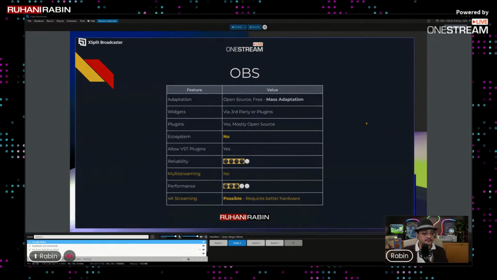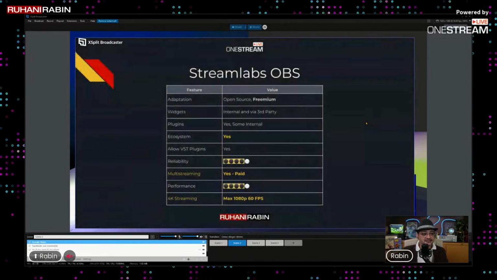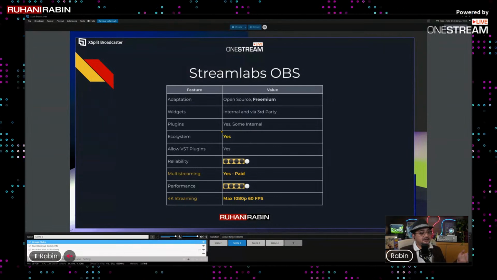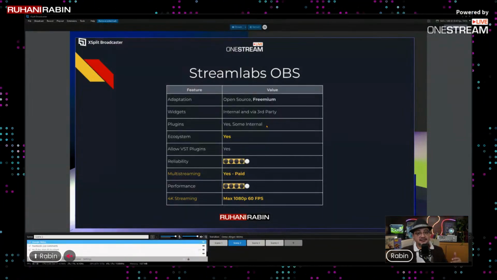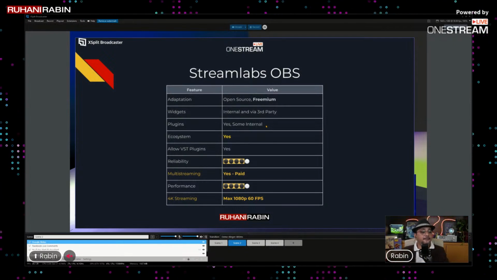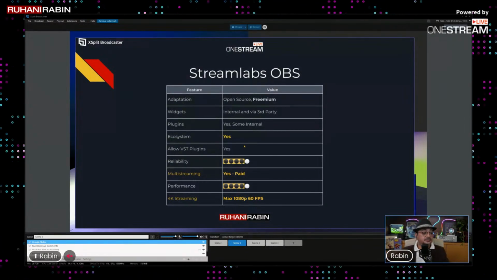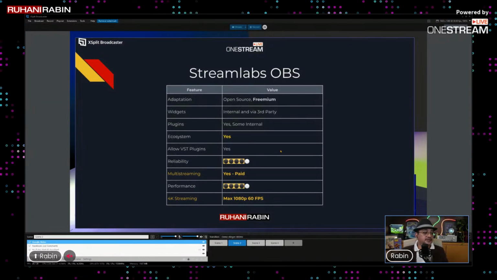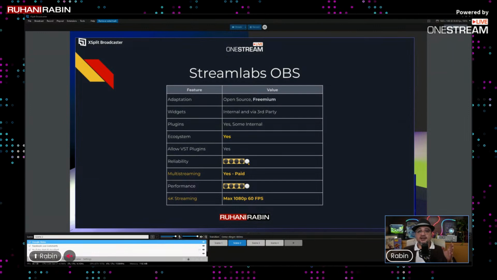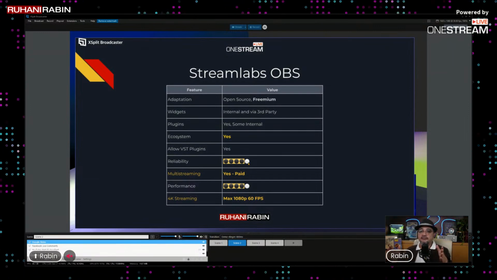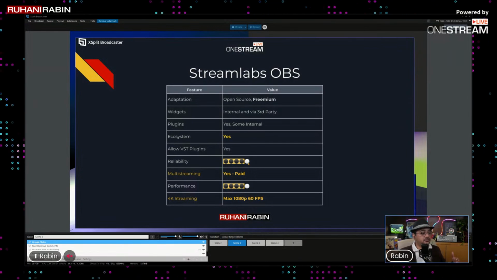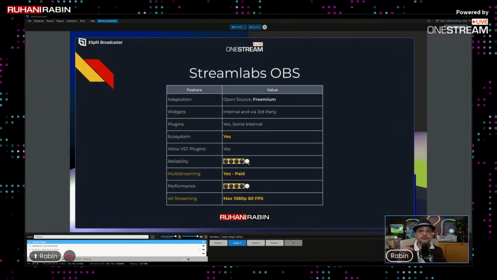Now the next one, StreamLabs OBS. So you can see the core difference is they have some internal plugins which they build their ecosystem with. So they have their own ecosystem. Yes, they do allow the VST plugins. Reliability, pretty much the same as OBS, but I would say a little bit on the stable side. Performance is also good. Multi-streaming you can only do if you